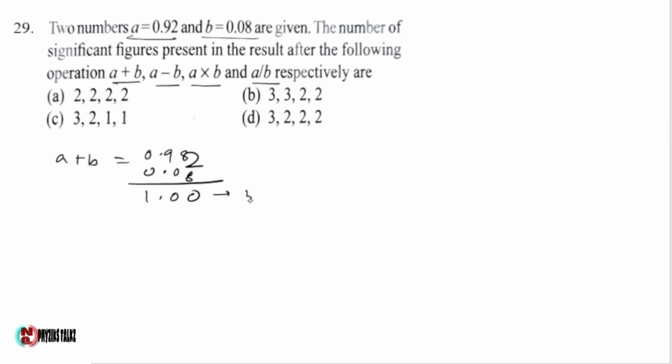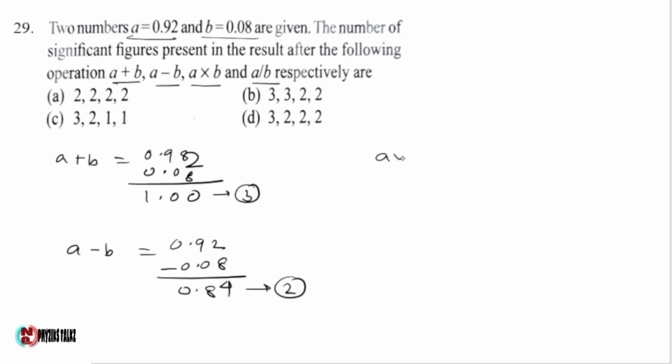The significant digit is 3. For A minus B, 0.92 minus 0.08, which gives 0.84. So the significant digit is 2. A into B is given as 0.92 into 0.08, which gives